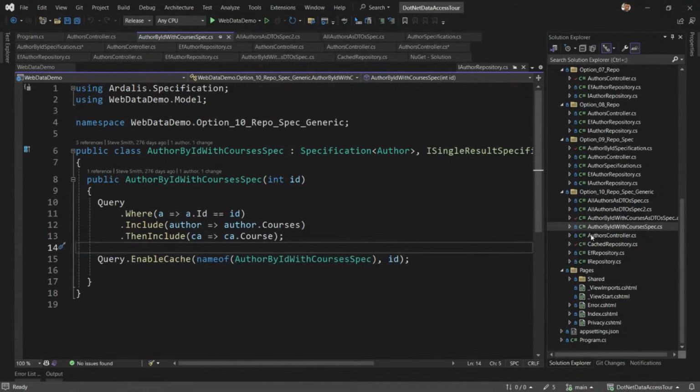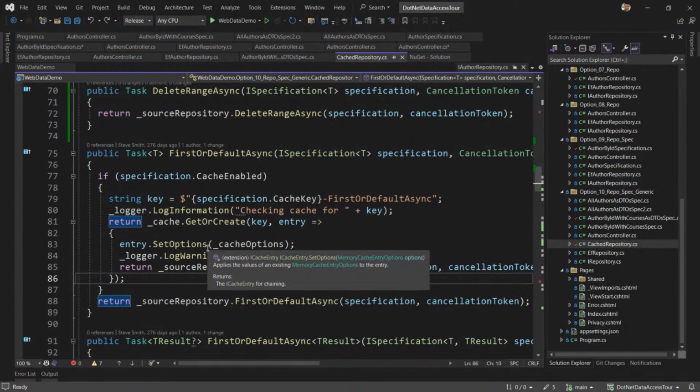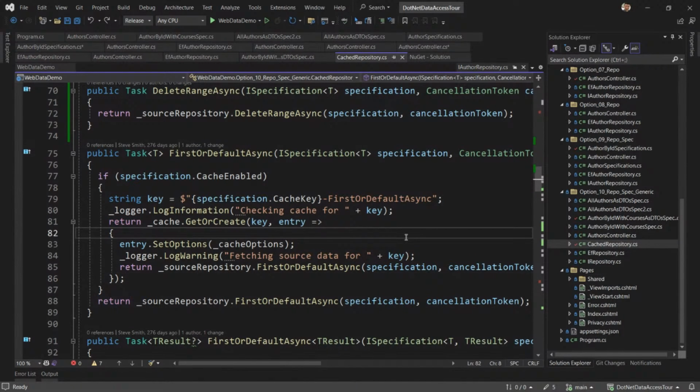Looks right. All right, I'm not going to spend time debugging it, but what you would expect to see is that when the cache is enabled and it finds it in the cache, the second and the third time you run the query, it doesn't have to hit the database and you wouldn't execute the query. Not sure why that's not working right now, but I'll track it down later. So let's look at our overall